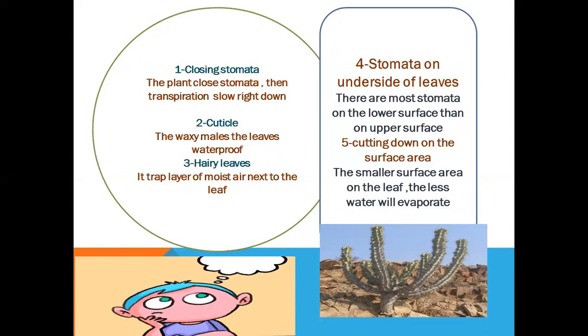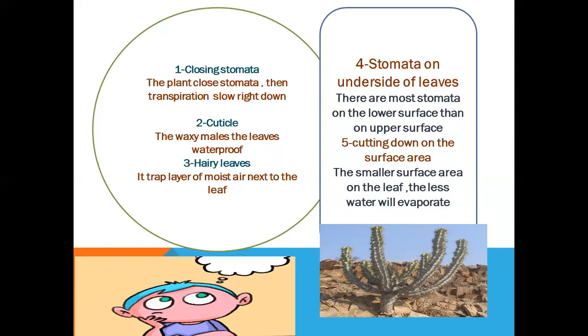Let's start another part, cutting down the surface area. A small surface area for the plant, such as a smaller surface area on the leaf, means less water will evaporate. I give you an example and explain. You must check this figure for spines. Spines instead of leaves. The plant needs this characteristic to survive and not lose more water. It stops transpiration from the plant and makes a smaller surface, cutting down